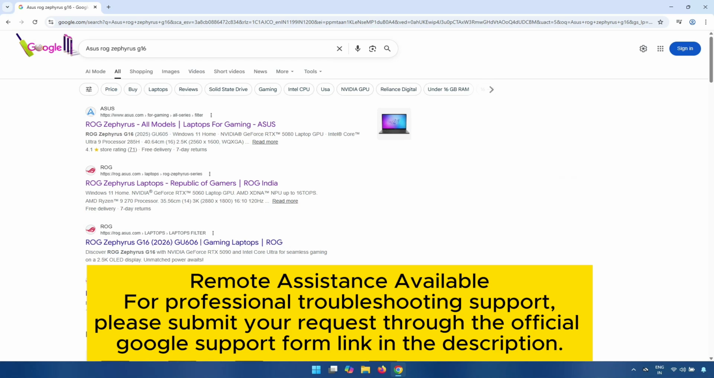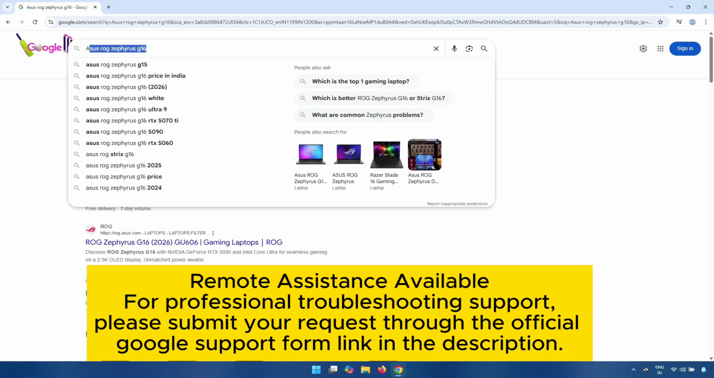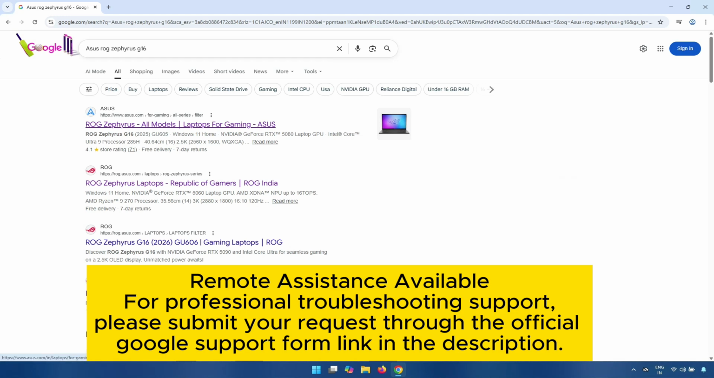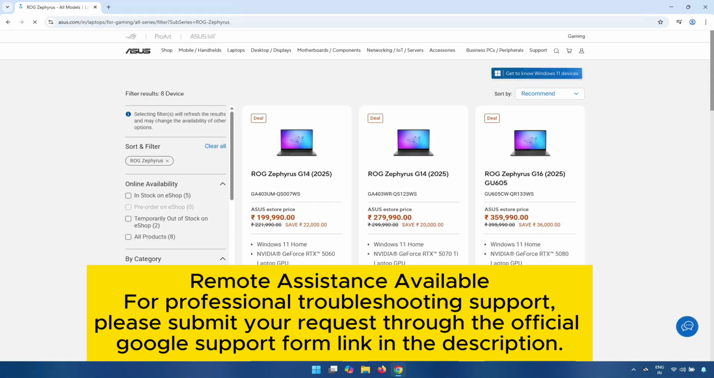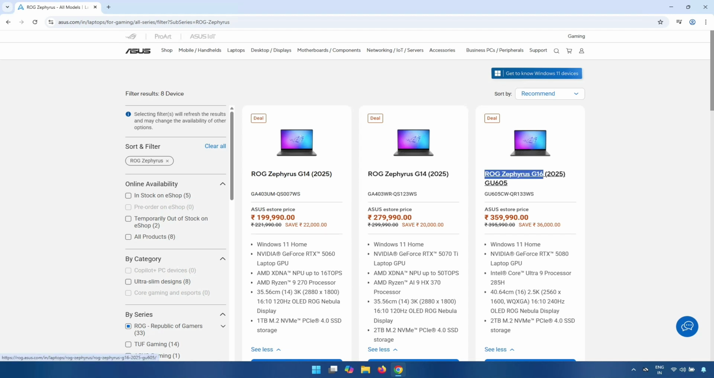Open any browser, type in the Google search box, and go to this first URL, asus.com, the official website. Just click on it. After that you can see this is 2025. If it is old, no worry, because the driver is the same. Just click on it,